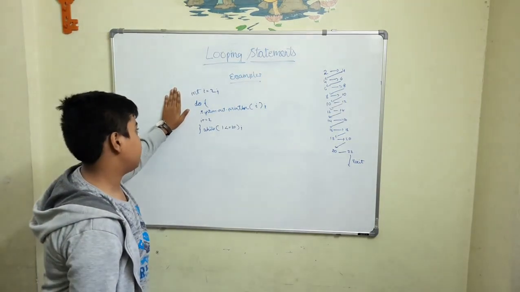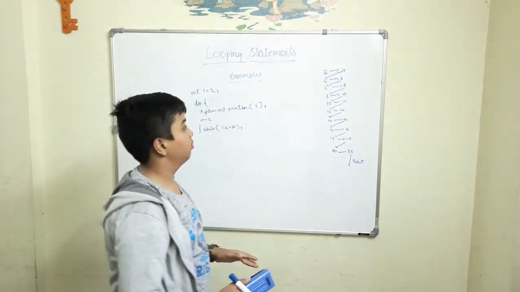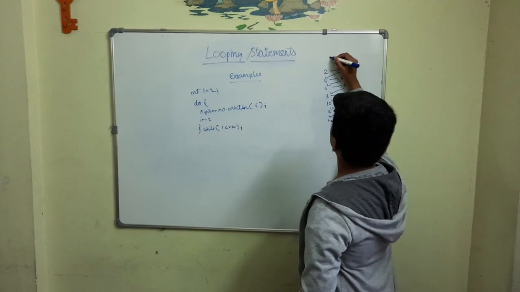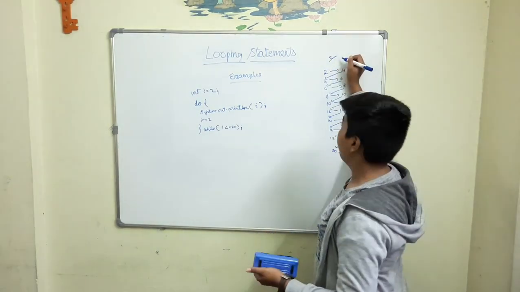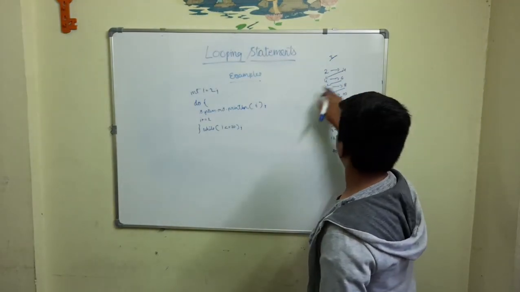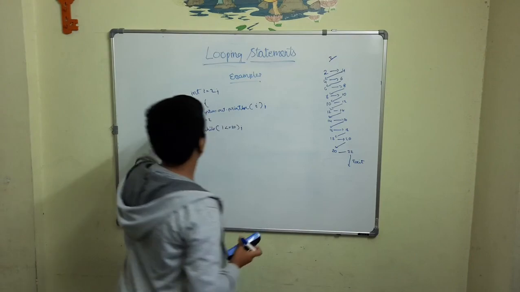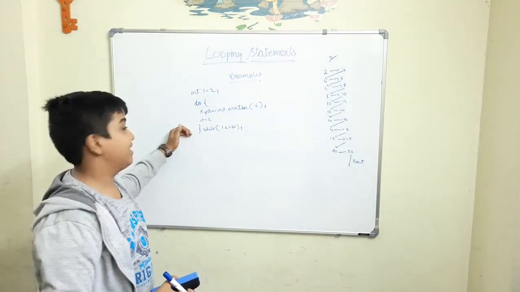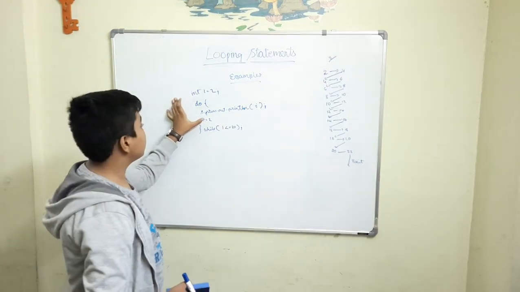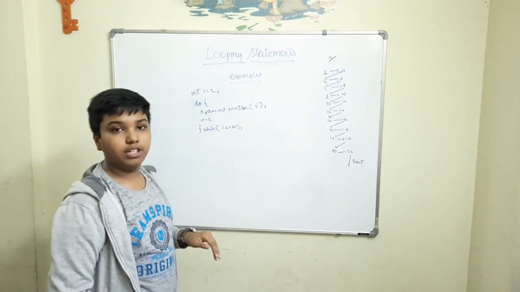The logic is pretty much the same, except the first iteration it does not check, it directly prints. So it just goes initialization 2, there is no checking true or false, it just directly prints out 2, then increments and continues the same process. But the difference in the do while loop is that it does not check the first iteration. For the first iteration there is no condition, it just executes whatever is inside.